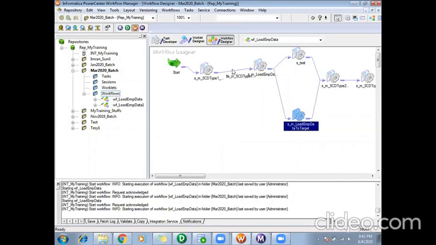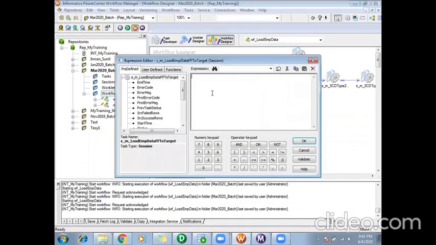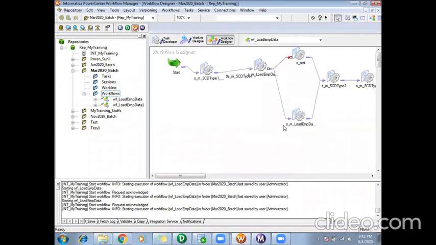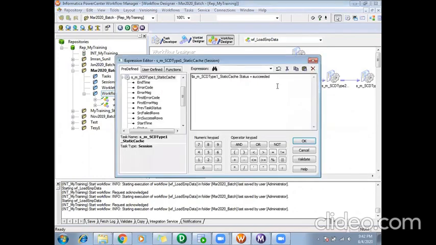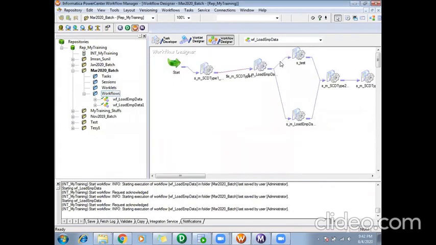Normally in your workflows, between every link you will find that status equals to succeeded, since I need to ensure I start my next task only when my previous task has completed successfully. So I give this status equals to succeeded in all the links here.